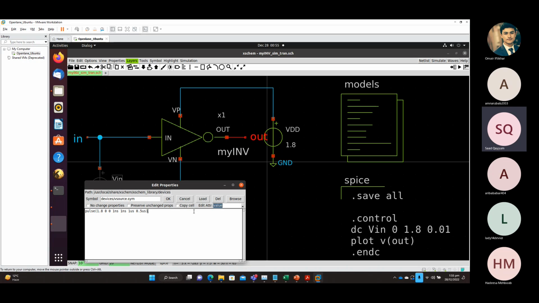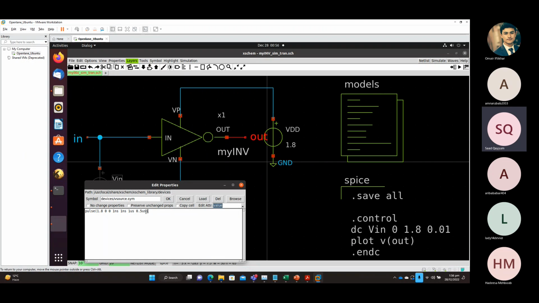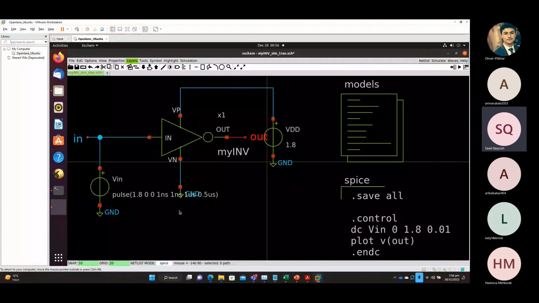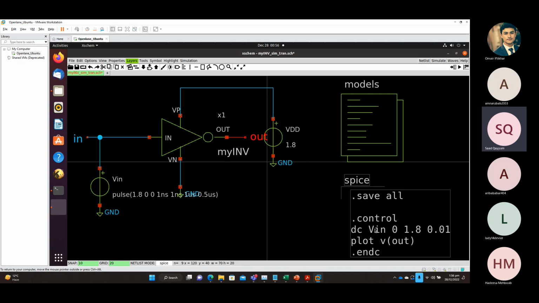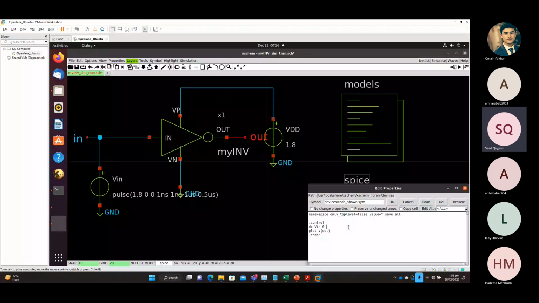So this is the way you set up the pulse. On voltage of 1.8, off voltage of 0, time delay of 0, rise time of 1 nanosecond, fall time of 1 nanosecond, the pulse width of 1 microsecond, and time period of 1 microsecond and pulse width of 0.5 microsecond. Yeah. And then I would change the simulation from DC to transient. So I click on this block, press Q. Instead of DC, I write TRAN, and then